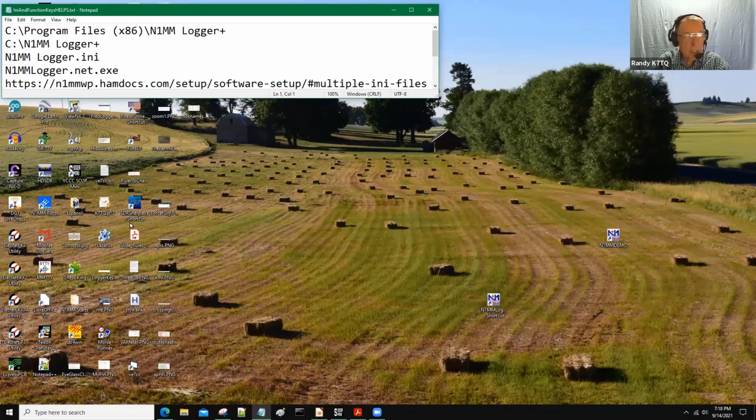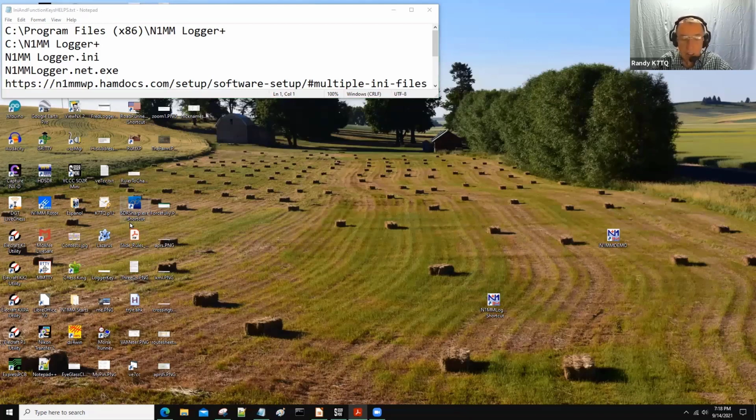All right, now let's talk about function keys a little bit. Function keys are the keys up at the top of your keyboard, numbered or named F1 through F12. And what they do is they send CW for you. Or if you're very good and set everything up just right, they'll also send sideband voice files for you. I'll just talk about the CW one because although CW may be more difficult to do, how things get set up are much more straightforward. Okay,